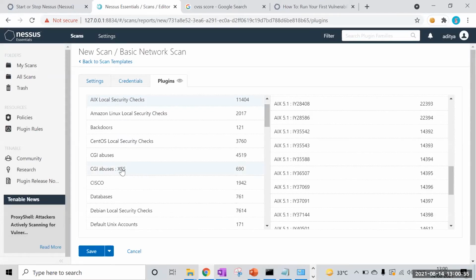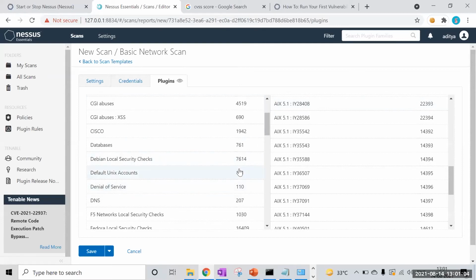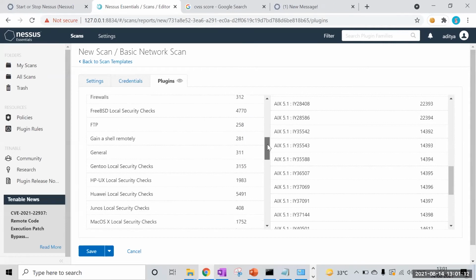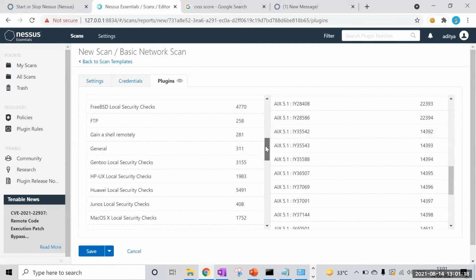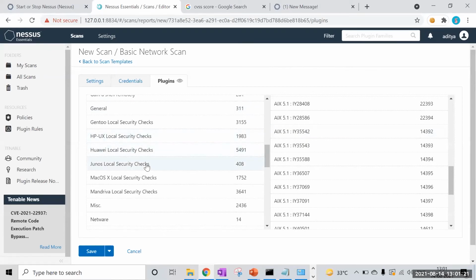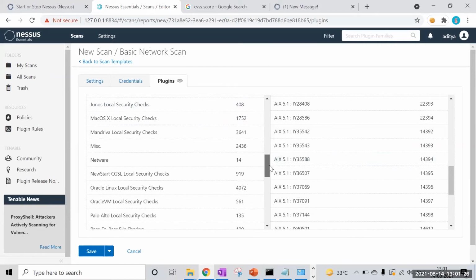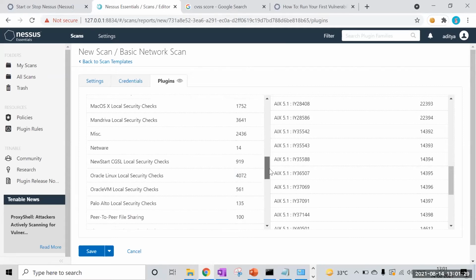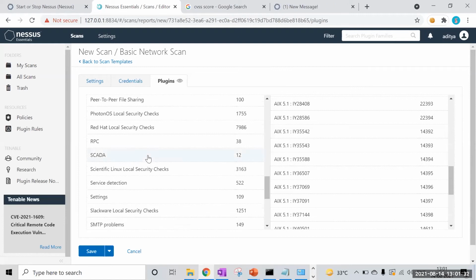plugins. Let's say for cross-site scripting, for Cisco devices, for Amazon AWS services, for DNS, for F5 switches, FreeBSD. This is like Linux, the Debian based operating systems. You can do HP, Huawei, Junos, macOS, NetWare. So all the major vendors for network devices, you will see over here. You can also do SCADA, that is for the